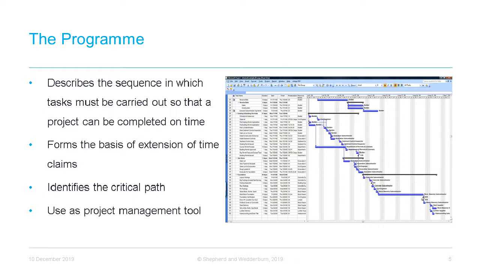Primarily, it's only critical delays that will be relevant to an assessment of the contractor's entitlement to an extension of time. In our experience, for a programme to be most effective, it should not simply be used as a record of what has already happened or is likely to happen in the future. Instead, it should be used as a contract management tool to help plan activities, monitor progress, and identify problems as early as possible. A properly constructed programme is also essential for the contractor to demonstrate an entitlement to time. The different suites of standard form construction contracts have different provisions regarding the management of the programme and vary significantly in terms of how onerous their requirements are.